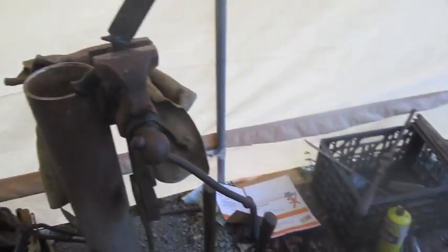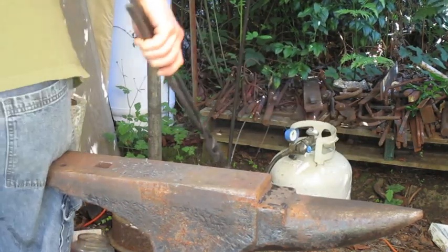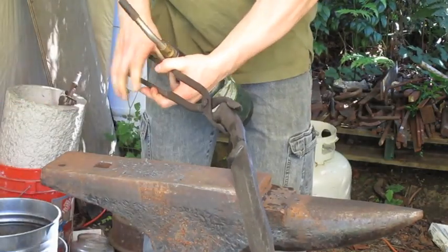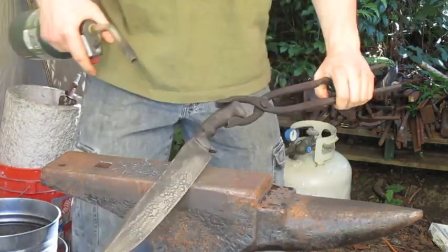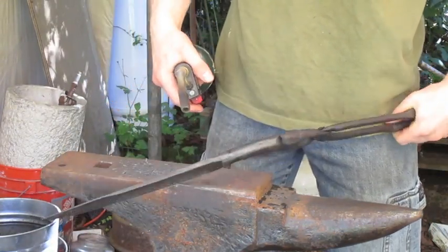Alright, well, I'm just going to go at it with the little propane torch here to temper it, starting from the spine and moving to the edge. I cleaned up the edge a little bit with some sandpaper. So just